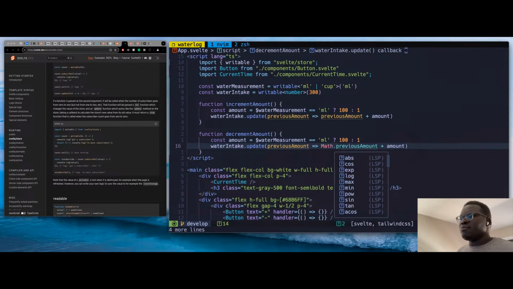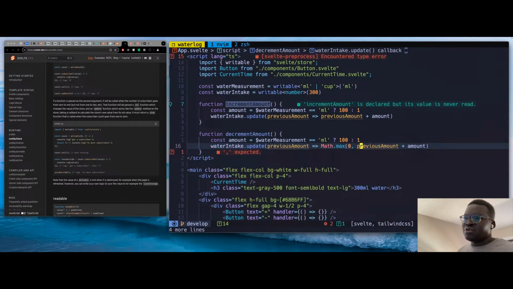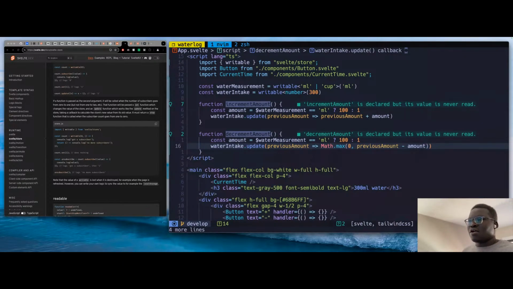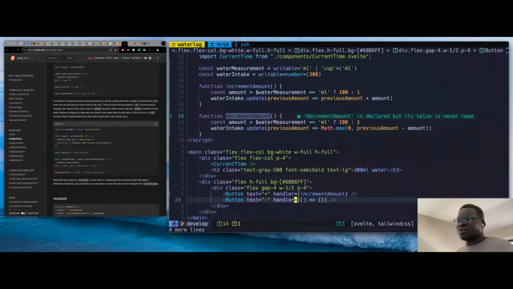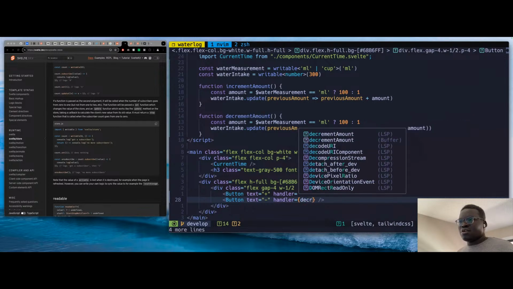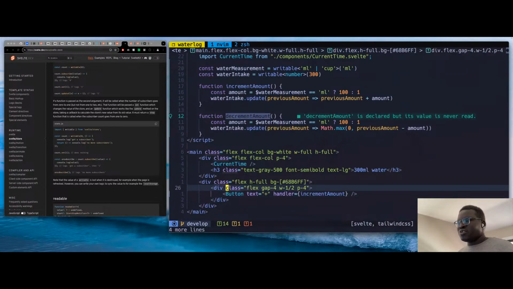We want max, so it doesn't ever get below zero, right? That makes sense. Okay, let's delete inside here and change this to increment amount and change inside here to decrement amount, decrement,